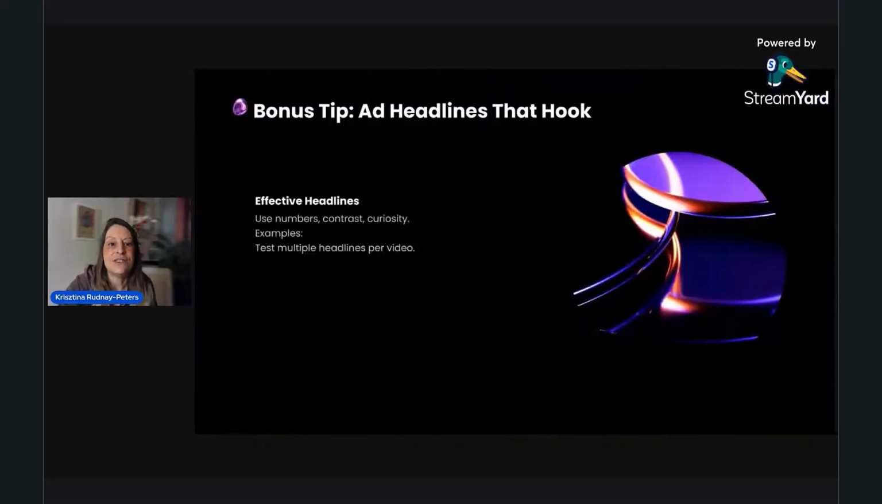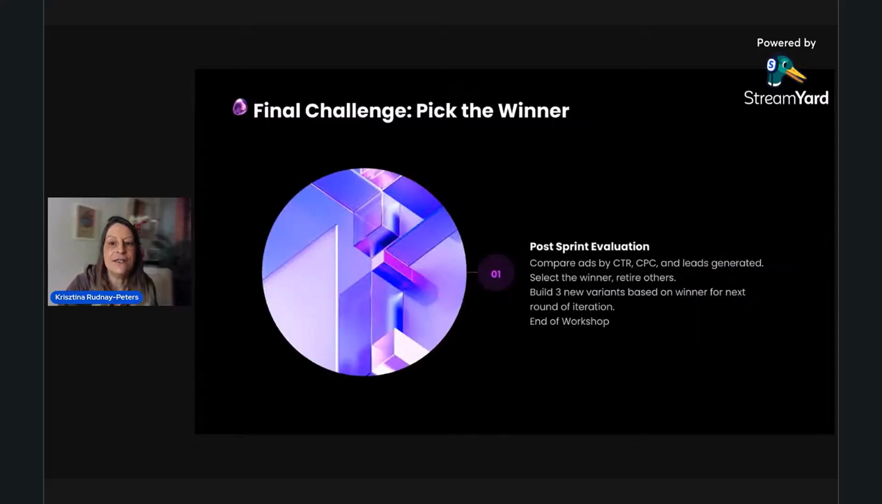Bonus and resources: you can find effective headlines if you use specific things like specific numbers, contrast, or curiosity, and test multiple headlines per video. So create different sequences in your ad in Meta, create different headlines per video, and test with different headlines and different creatives. The final challenge: pick the winner, post the sprint evaluation, compare ads by click-through rate,